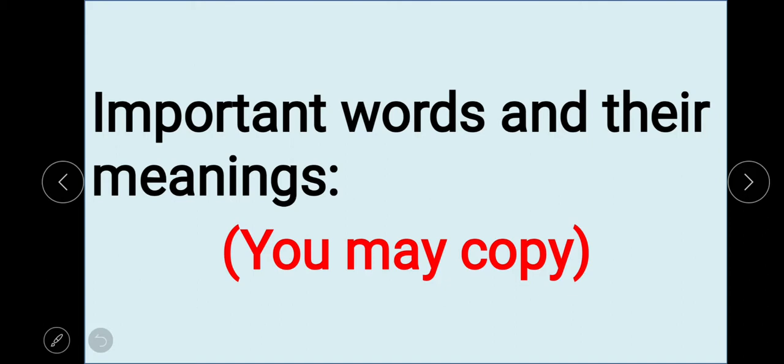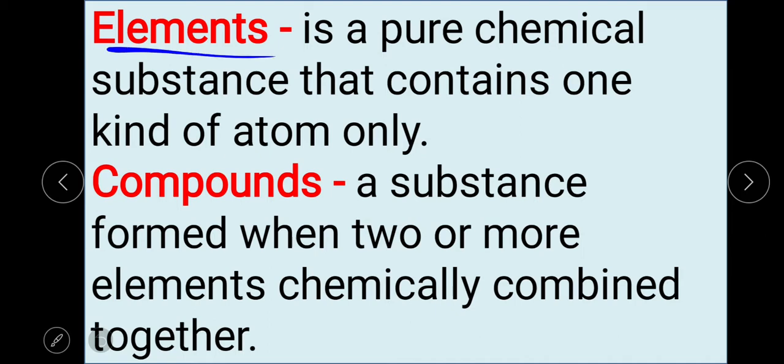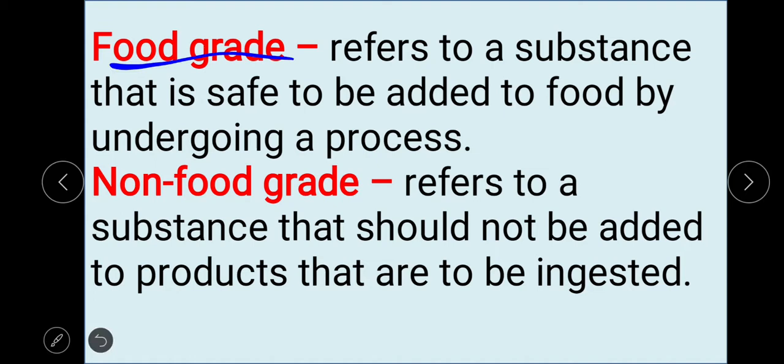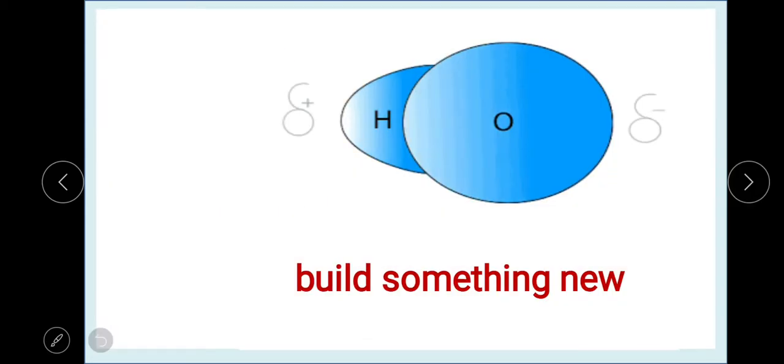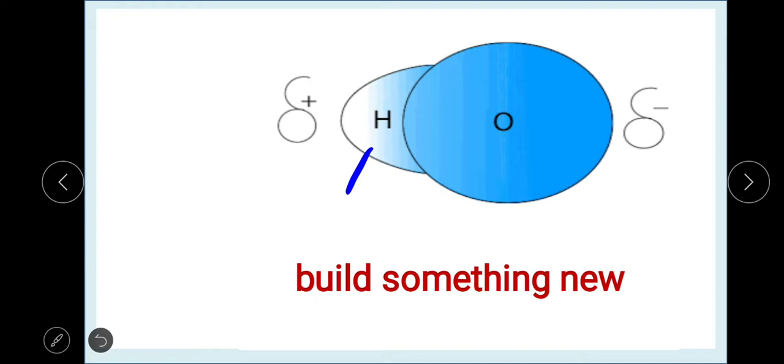Still, we have our important words and their meanings. You can copy if you want. We have elements, we have compounds from the very beginning, but the new ones are food grade and non-food grade ingredients. Okay? As we were saying from the very beginning, hydrogen, for example, combined with oxygen, the two elements